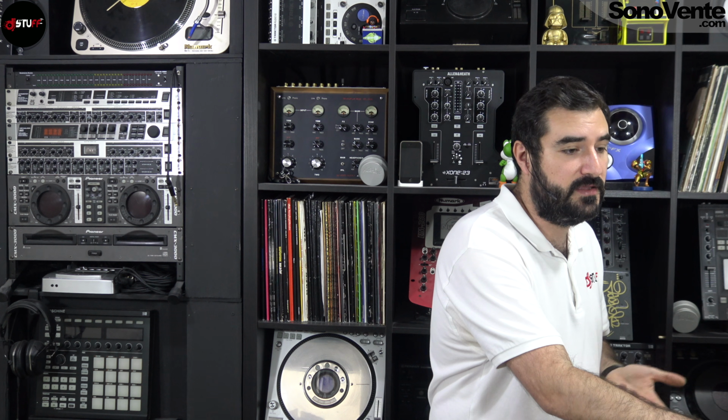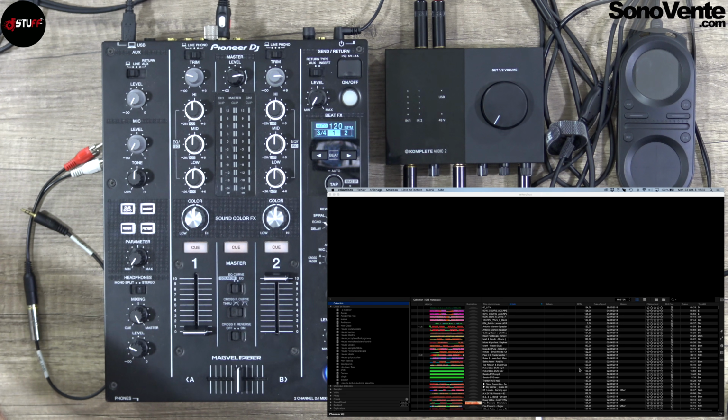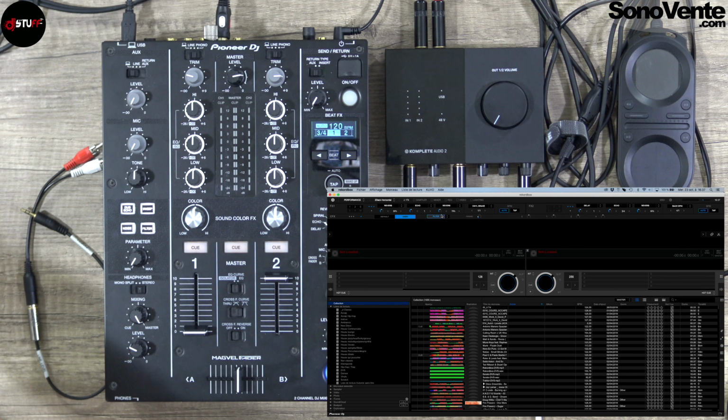So with a jack, with a sound card, with a mixer with a sound card, with another software. But when you have a controller or a mixer for the DVS part, you can, of course, check, it's another solution, check your software, and you will have a record session directly on your software. For example, here it's Rekordbox, and in Rekordbox, you have, of course, a rec session.